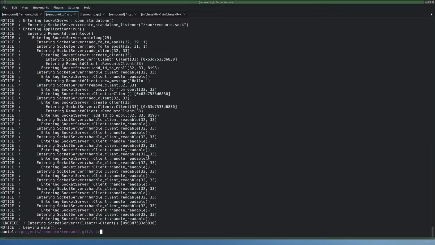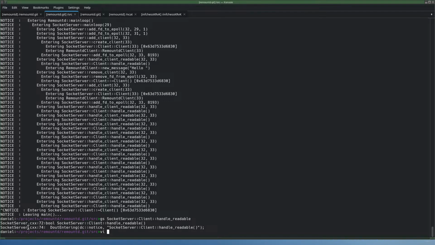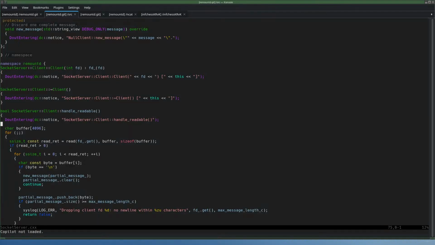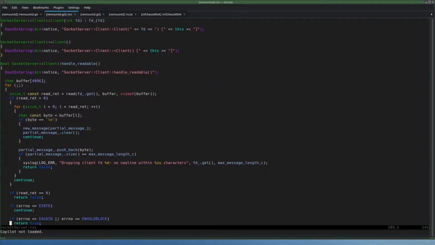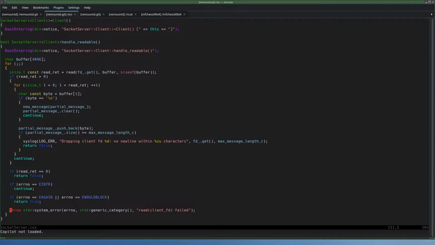So first I want to see which characters are being received here. And apparently we have handle readable. Do we read stuff? If a red is larger than 0, then I can print what we did read.